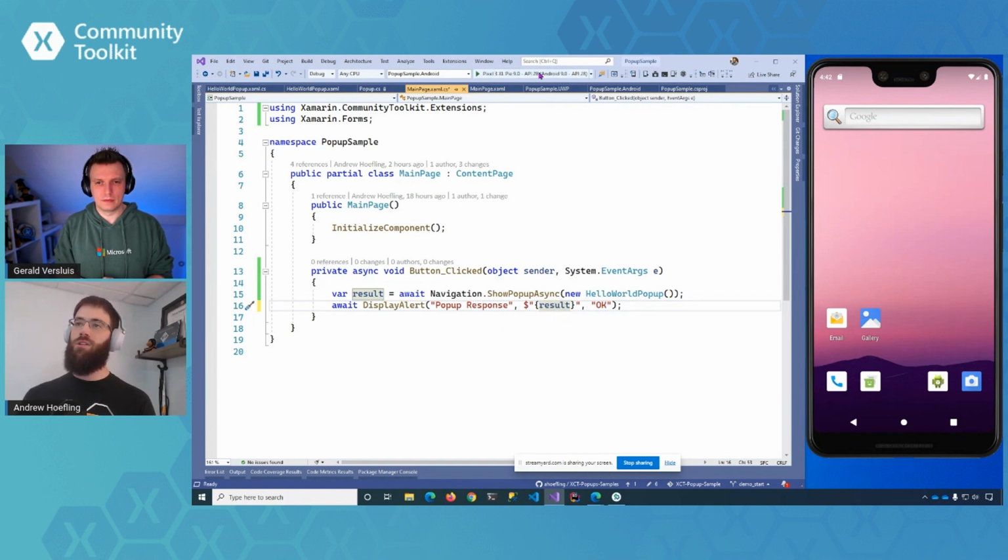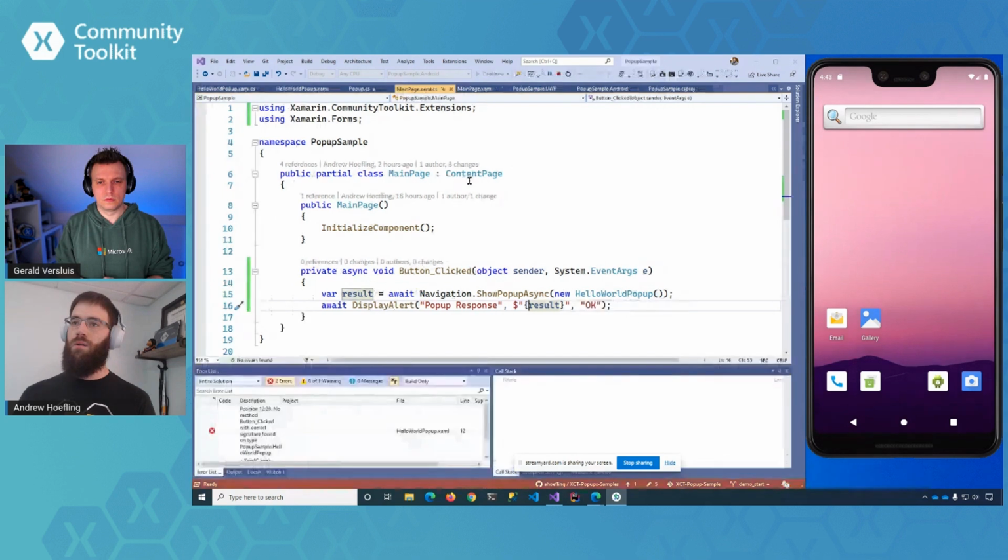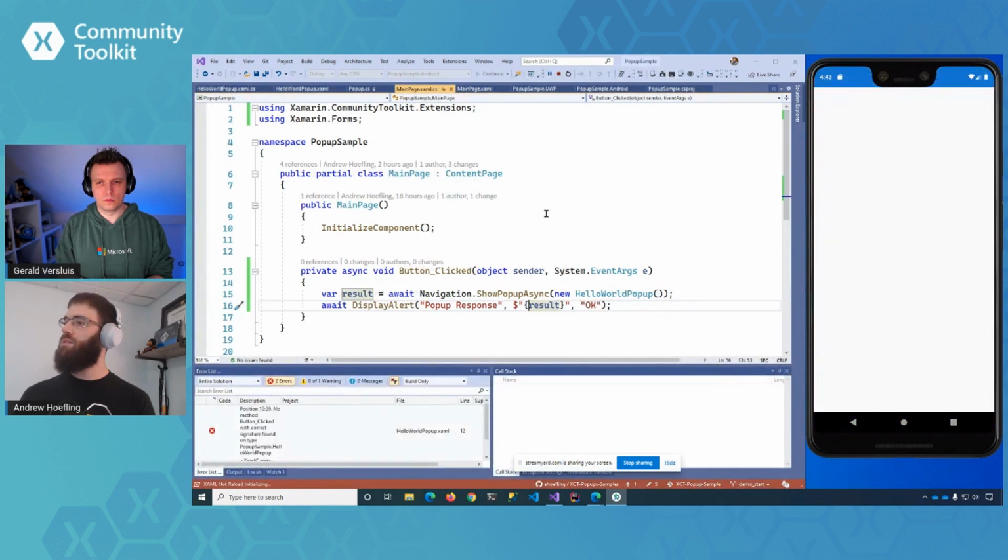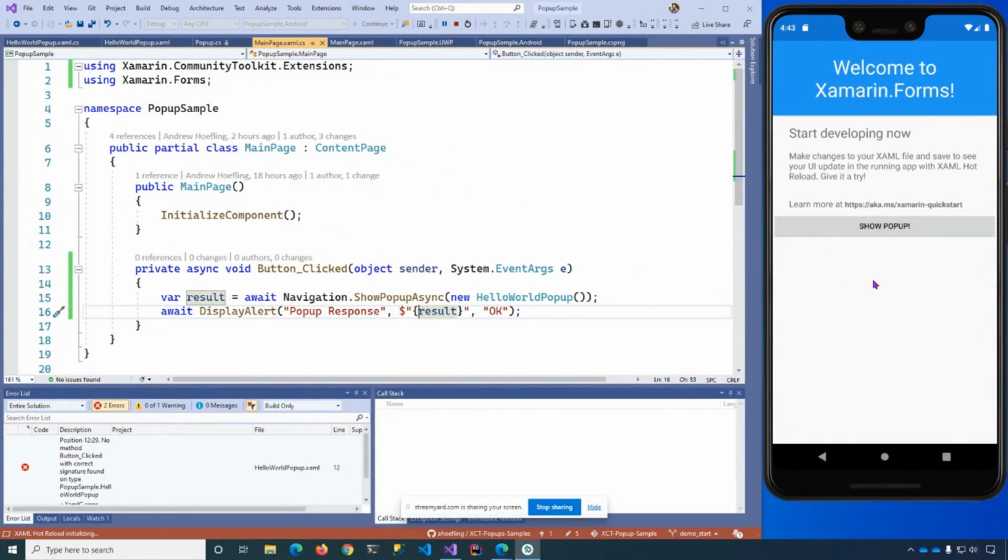So let's go and run our application now. And we'll go through a couple different scenarios here. We'll obviously go through clicking the button first, and then we'll try clicking outside of the pop-up and see what happens. So it looks like our compile is just about finished there, and there it goes. And we have a page, perfect.